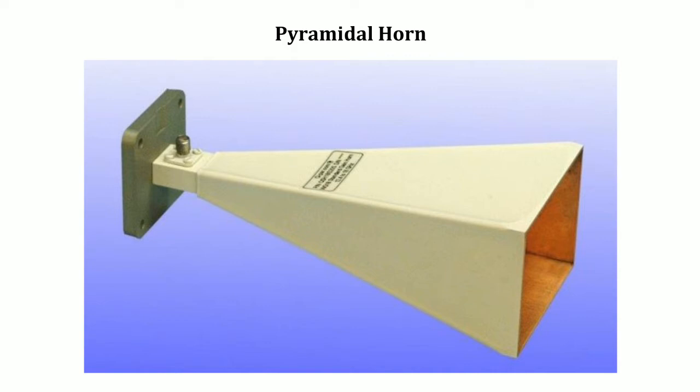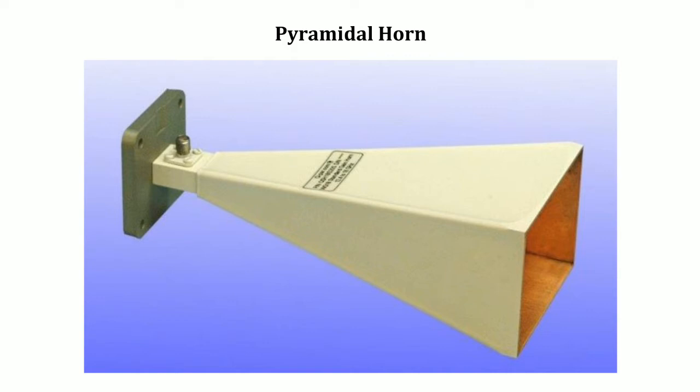So to match the impedance between the waveguide and free space, we have to provide some flaring at the opening of the waveguide. Due to that flaring, the waves coming from the waveguide, which we want to travel in space, will have impedance matching with the free space impedance. So the basic principle behind providing this flaring or the horn is that there should be matching of impedance between the waveguide and free space. This is the main objective of providing flaring at the opening of the waveguide.